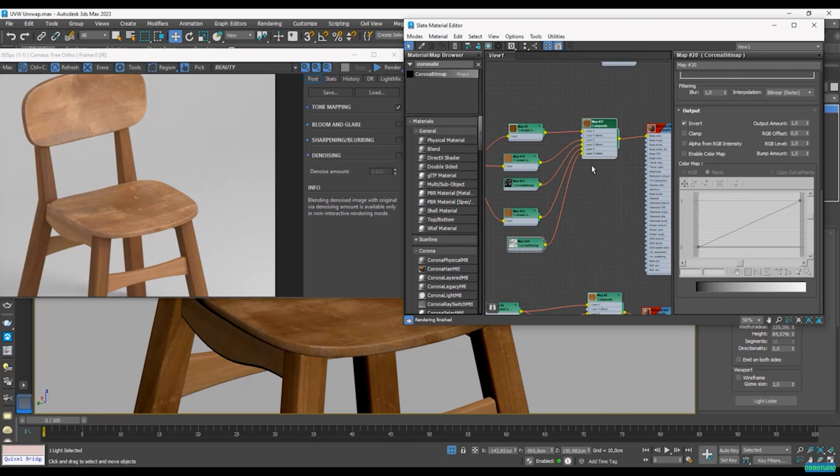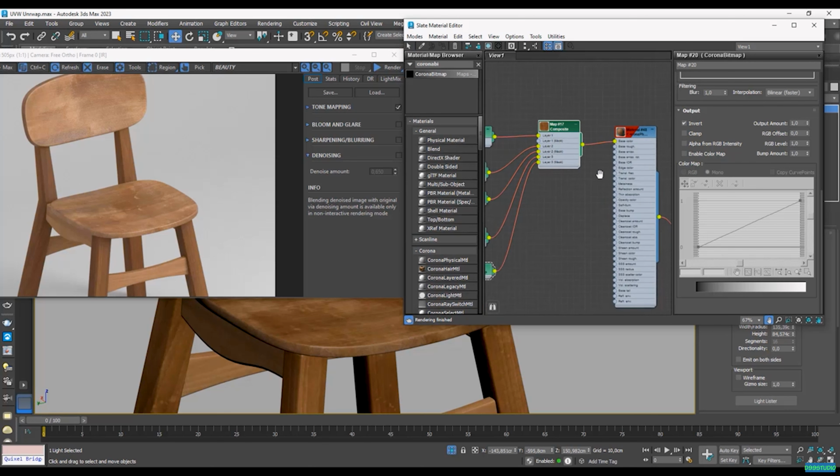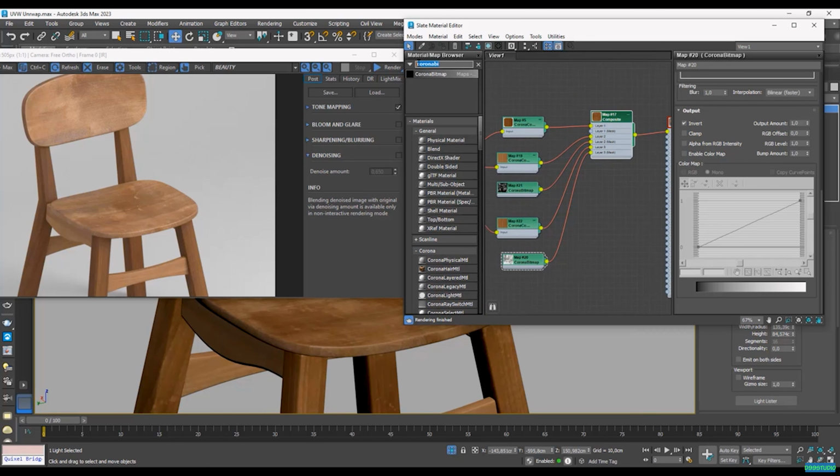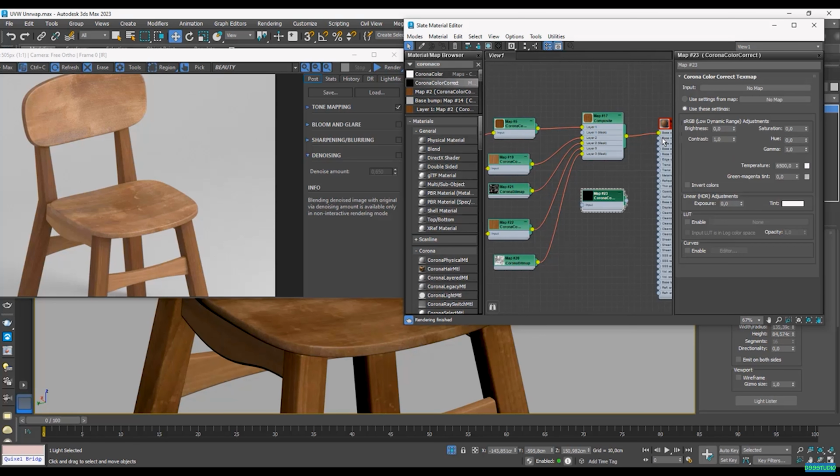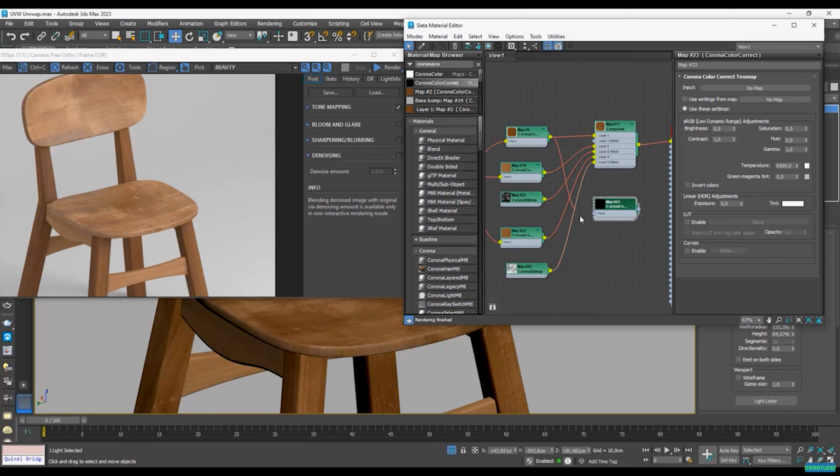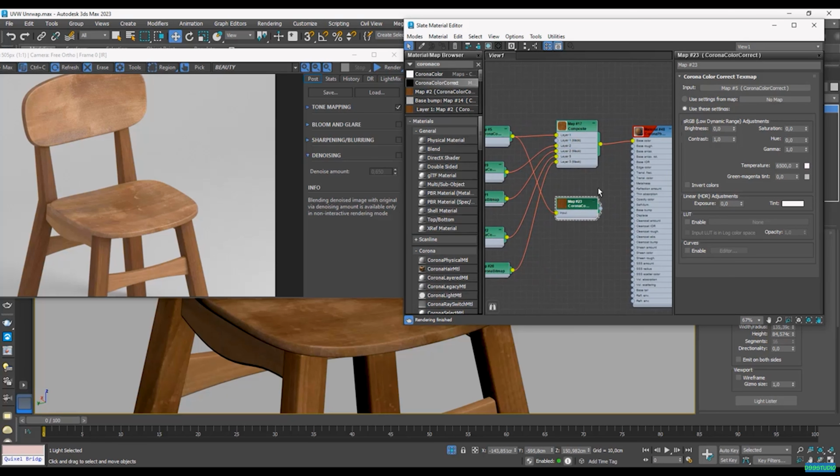Okay, let's just place this one in here, and we also will be needing a roughness map. For this, I'm going to bring in a Corona Color Correct to desaturate our material and be able to produce a map for our base roughness. In this case, I'm also going to go for my original texture, and let's change the saturation to -1 and